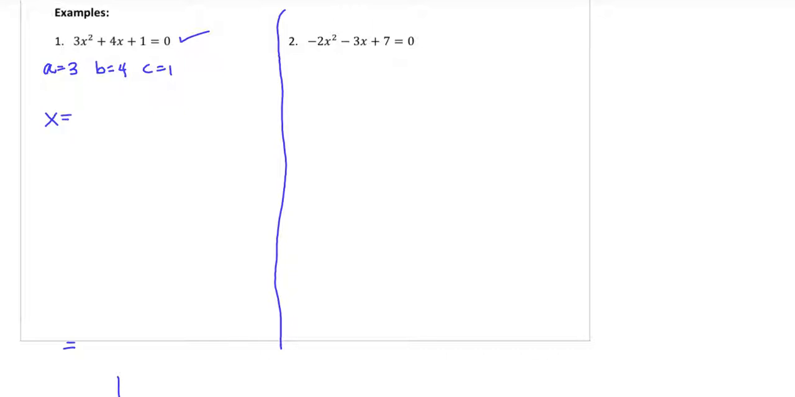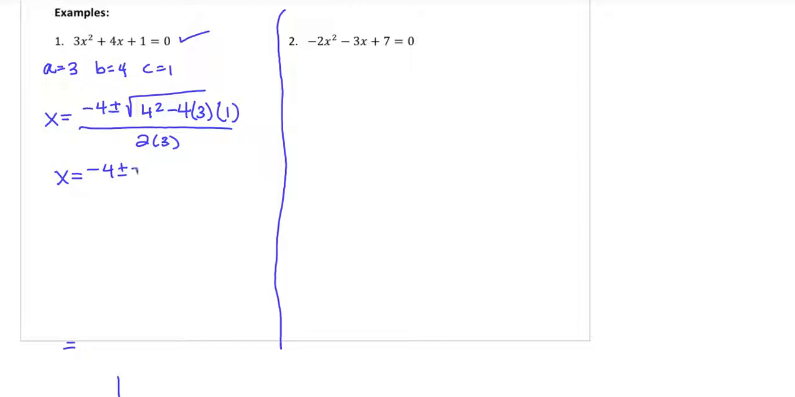X equals the opposite of b, negative 4, plus or minus the square root of b squared, which is 4 squared, minus 4a, oops, not a, let's actually put whatever a is, 3, and then c is 1, all over 2 times 3. So x equals